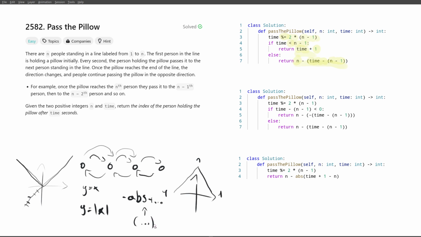So we want the general form of absolute value to capture this bouncing off situation, and it turns out that we can do it. In fact, we start with the same modulo that we did before, so the same thing that's happening here happens here, and then the result is just n minus the absolute value of time plus 1 minus n. And the final thing that remains is how to come up with what to write within this absolute value. You might, of course, just go at it with trial and error and try to come up with what